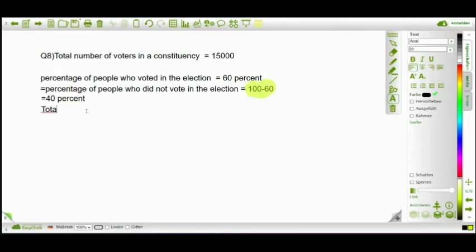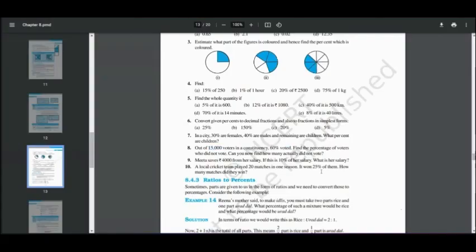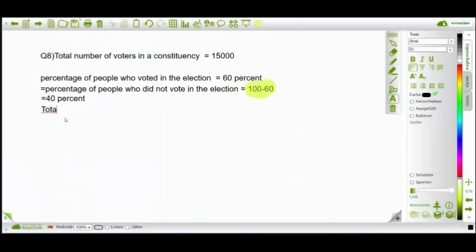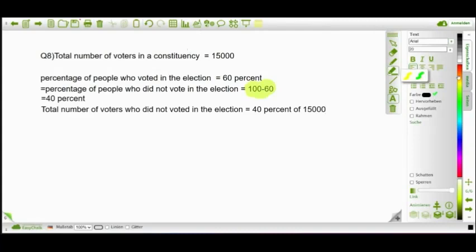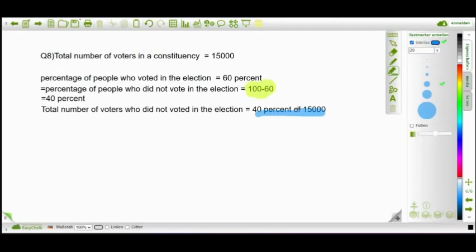ये हमारे आंसर तक लीड करेगी। तो ये हो गया पहले क्वेश्चन का आंसर: find percentage of voters who did not vote। 40% लोगों ने वोट नहीं किया है। अब चलते हैं दूसरे पॉइंट पे, total number of voters who did not vote in the election equals 40% of 15,000. ये भी एक इम्पोर्टेंट चीज है, तो इसको भी हम अंडरलाइन कर देते हैं।